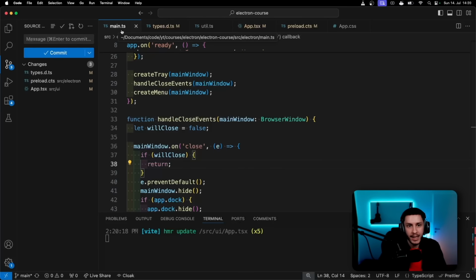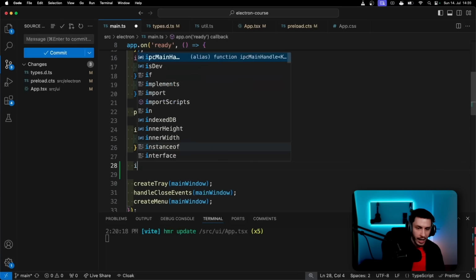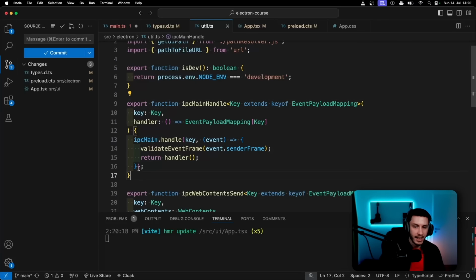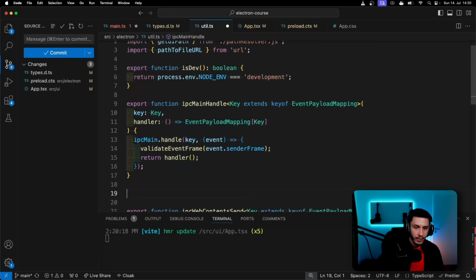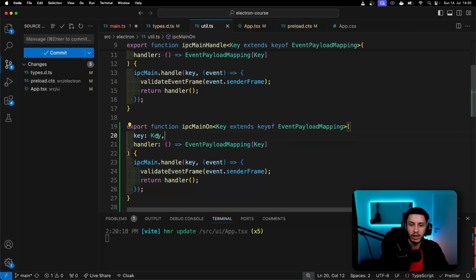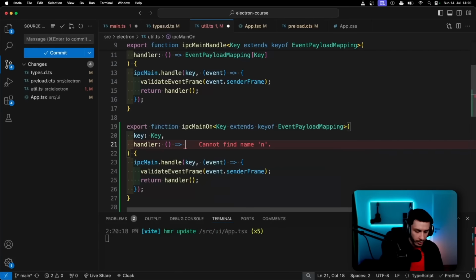So we just need a listener on the backend to actually now implement our functionality. And for that, we'll just head back to our main.ts file, and where we're currently doing IPC main handle, we can now do IPC main on, which doesn't exist yet. So let's implement it. IPC main handle will just be copied over here. And now we'll just call this IPC main on, and we'll of course need to implement everything. So we will not return anything from here. So it will return void,